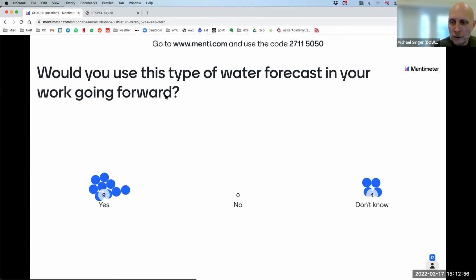Just to say, while people are still voting, I did mention at the beginning that our aspiration is to have a regional model to cover the whole of that Horn of Africa drylands. So all of these variables that we're describing here would be resolved for that whole region on a gridded basis. But we are actually right now working toward an intermediate step where we might have 3 different basins, one in Ethiopia, one in Somaliland, and one in Kenya, to present at a future GALCOF meeting.